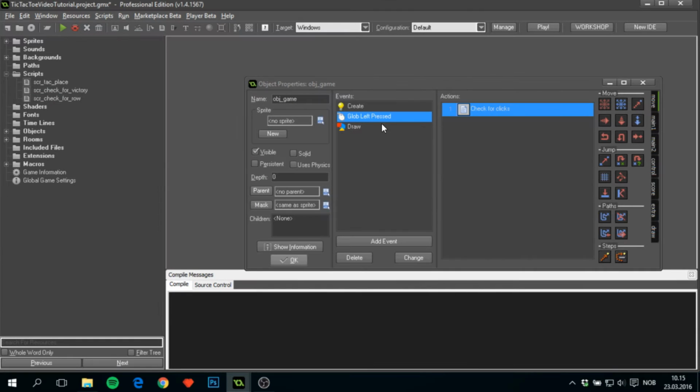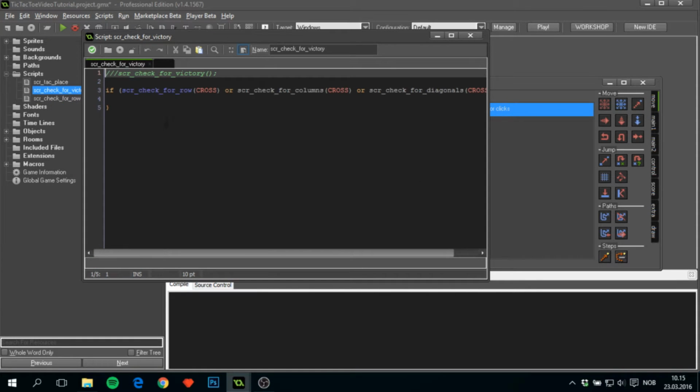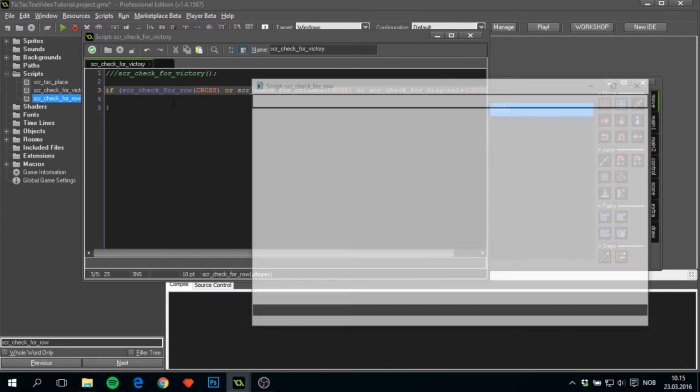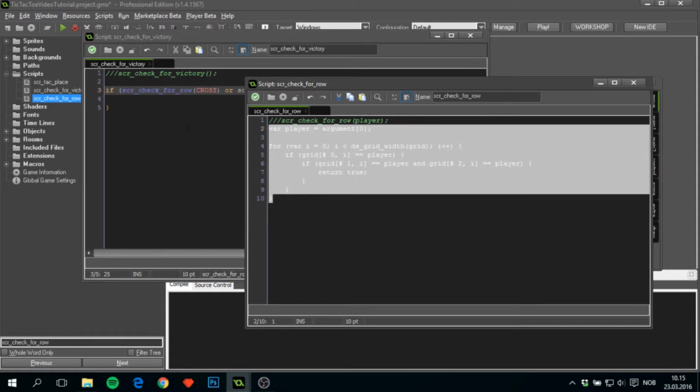If you go back to check for victory now, you will see that if anyone has 3 in a row on rows, then this will be true. And now it's just basically checking for cross. We'll have to do the same check for circle later, but we'll get to that. Now, go back in here and copy this code,